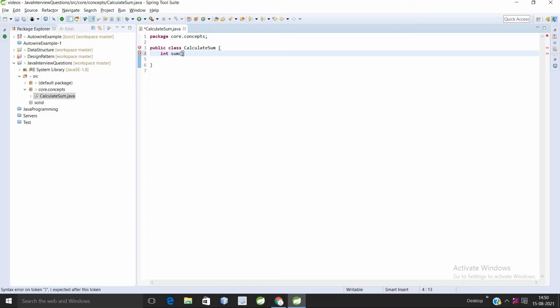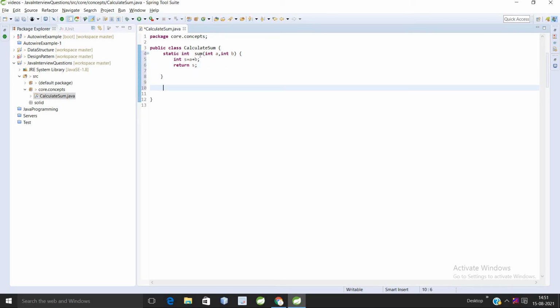Here are the parameters: int a and int b, and I am returning an integer value. I am also making it static, int sum, and to calculate the sum I take one variable s as a plus b, and after the sum I return s.